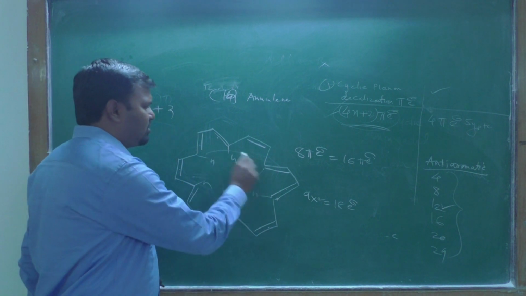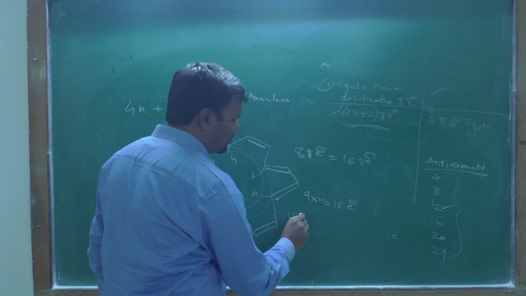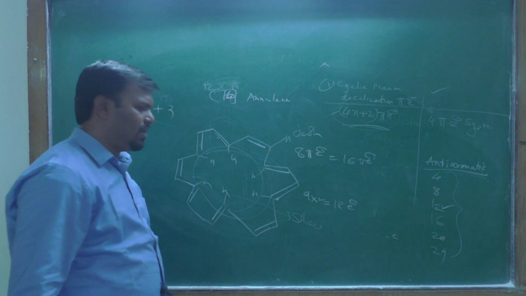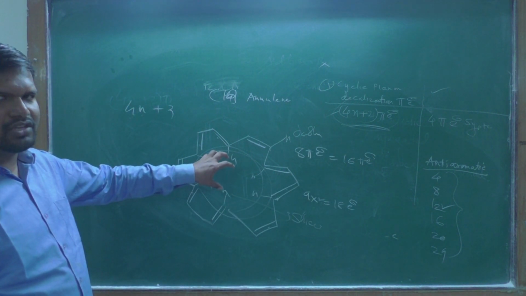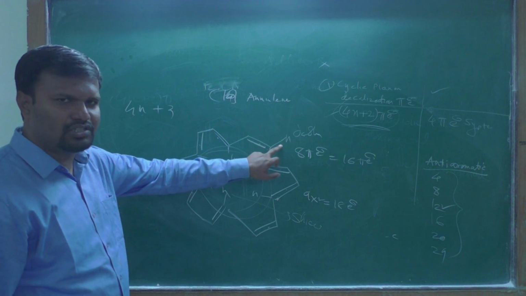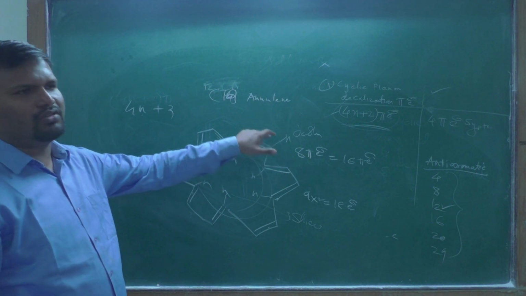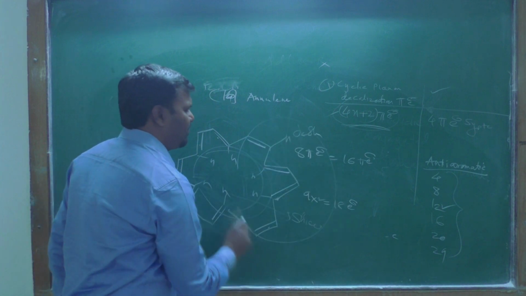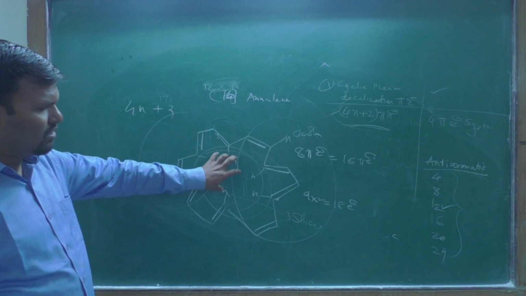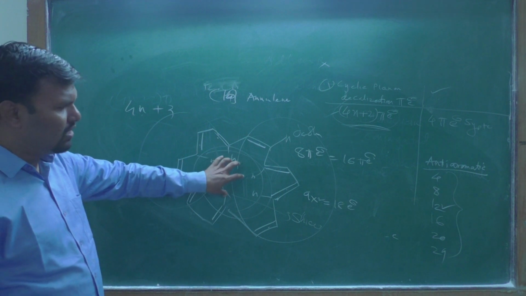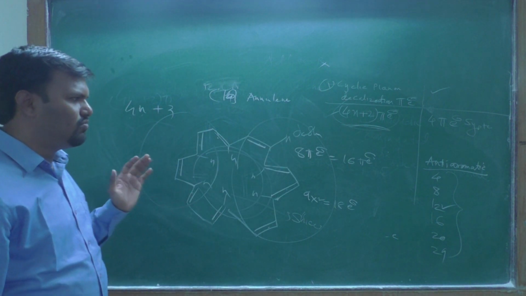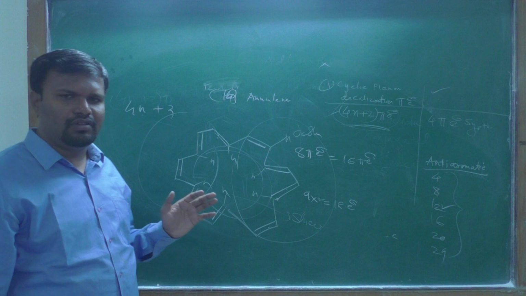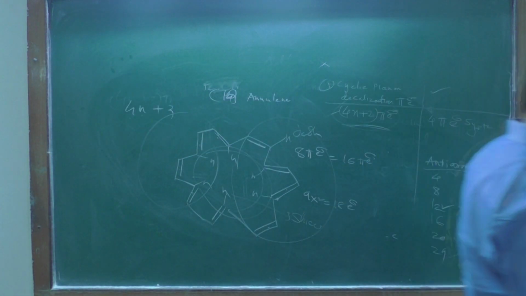Okay, and the inside hydrogens are the more shielded ones, and the outside hydrogens are the more deshielded. When you take the NMR spectra, the inside hydrogens show a negative delta value, and the outside hydrogens show more than 7 delta value. Because of the ring current, the internal hydrogens are very shielded and the outside hydrogens are deshielded. The reason behind this we have seen in the previous lecture. That is all about the compound annulene. Thank you very much.